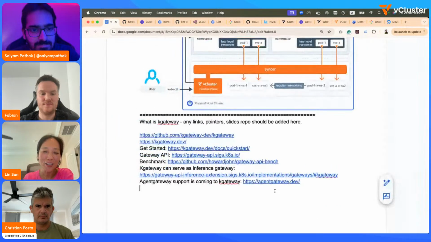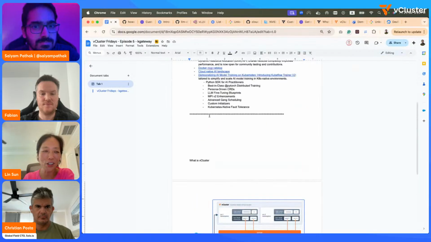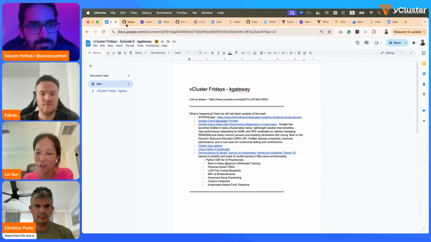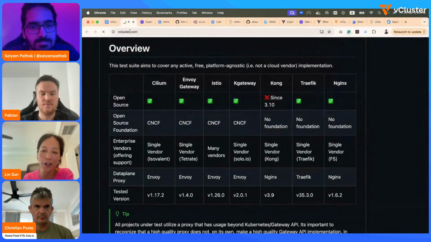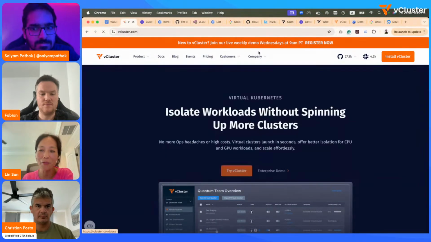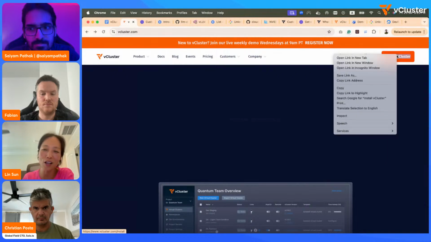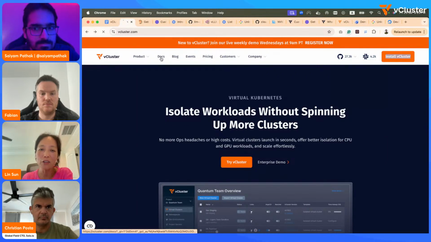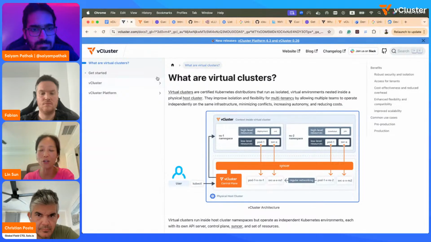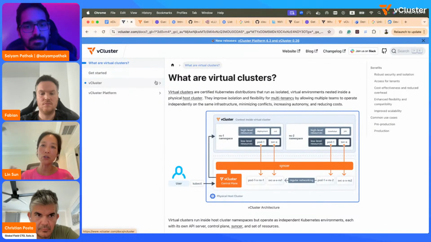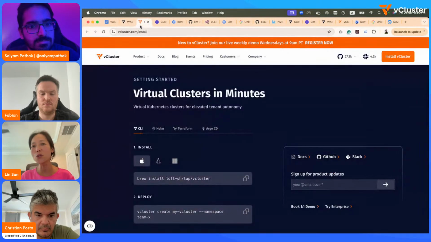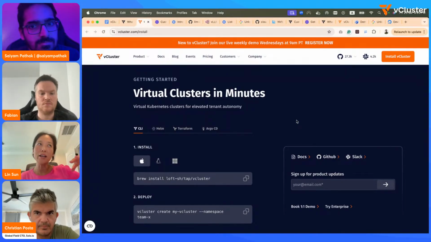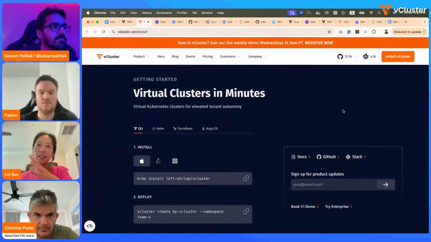First of all, Glue was started, I think I mentioned, almost 9 years ago, created by Solo initially. It was an open source project, so we've been working with large customers, and have multiple evolutions of the control plane to make sure it's highly scalable and adapts to large customer user scenarios. What I do believe kgateway really shines in is that the control plane performs really well when there are route changes, route deletes, and updates.